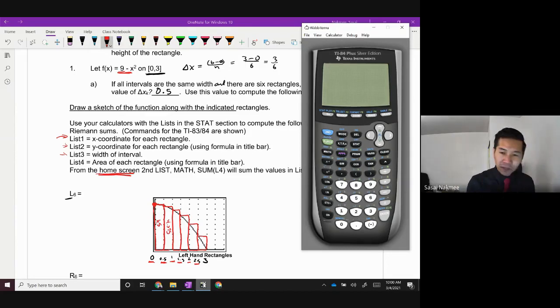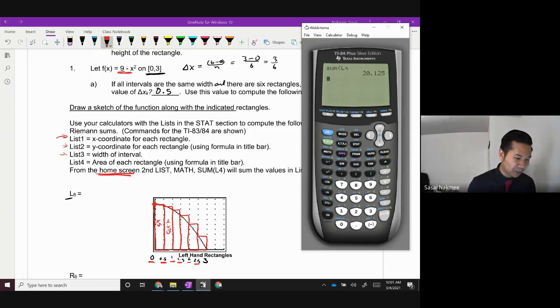Anyways, all the numbers that you have are in L4, and you're just trying to add them all up to get this area. If you hit second, and then the stat button, which is where it says list right there, and you go over to math, you'll see this button that does a bunch of things. It'll find the minimum for you. It'll find the max, the mean, the median. What we want is the sum. So I'm going to go there and select the sum. And I want the sum of everything in L4. And L4 is the blue button above the 4. So I hit second, 4. And now it'll sum up everything in L4 for me.